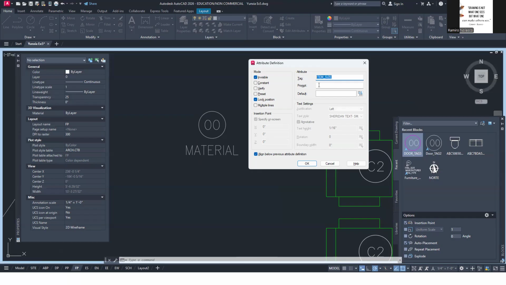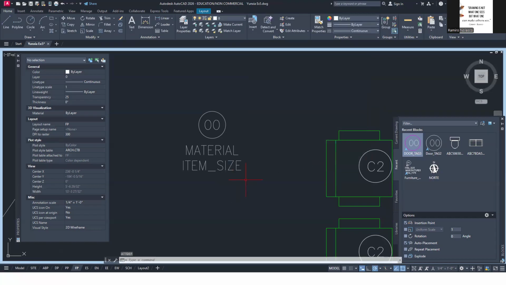The prompt, again, it could be a whole question, or what is the item size, length, and width of this furniture. Or you can just say item size question mark. And then we'll put a value. Let's say this is 2 feet by 2 feet. Okay? That's a default value that you can change. I'll click OK, and it goes below the previous attribute.